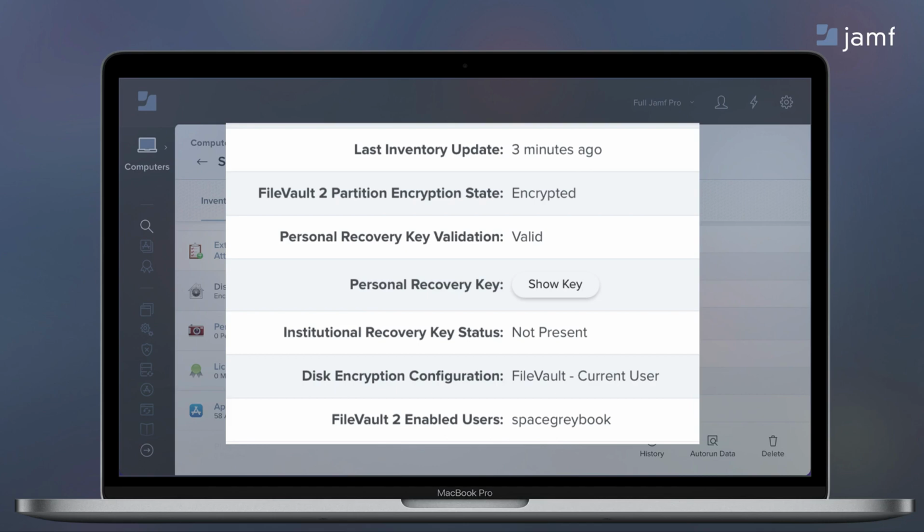Simply checking the encryption state: yes, it's encrypted. Is the recovery key valid? Yes, it's valid. That check occurs every inventory update just to validate. If I'm a user that has privileges to view a recovery key, I see the Show Key button. And I can see that in this case, I enabled it with a policy, as there's a disk encryption configuration